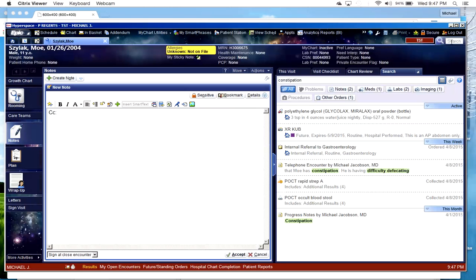So I type in the word constipation and enter. And what it does is basically gives me all the results that have the word constipation from this particular patient. And you can see the tabs up here. This right now is showing me all the results in the patient's chart that have the word constipation. I can filter it by looking just at the notes with constipation. You can see there's 2 notes that have the word constipation, 1 medication, 2 labs, 1 imaging order, and 1 other order. But since there's only a total of less than 10 results, I'm just going to leave it on